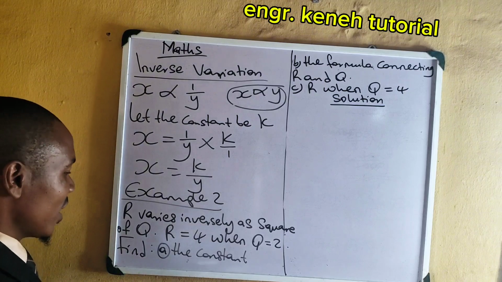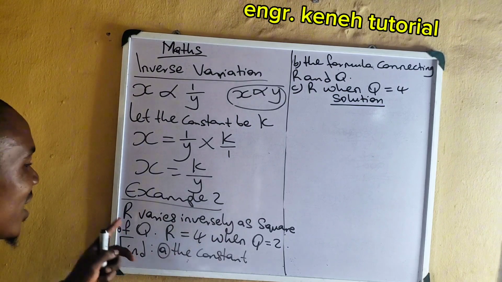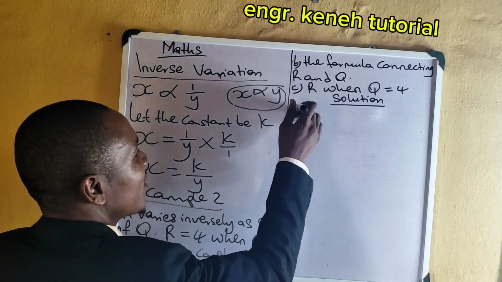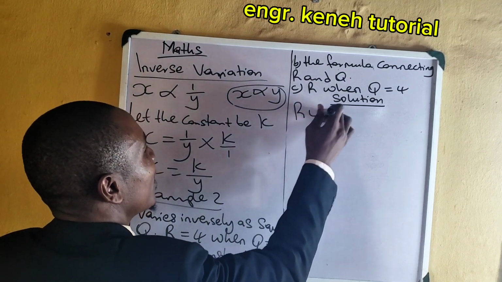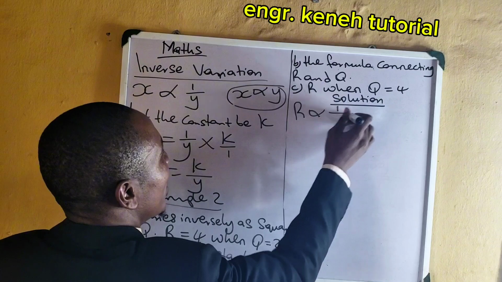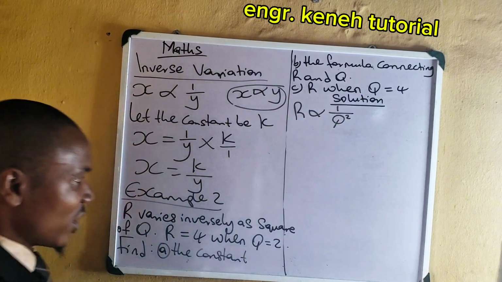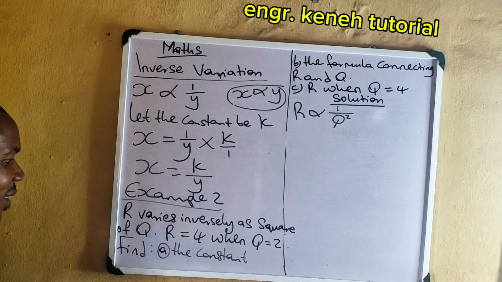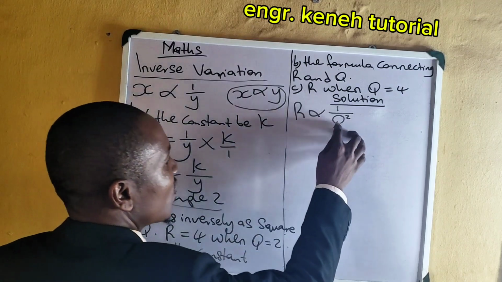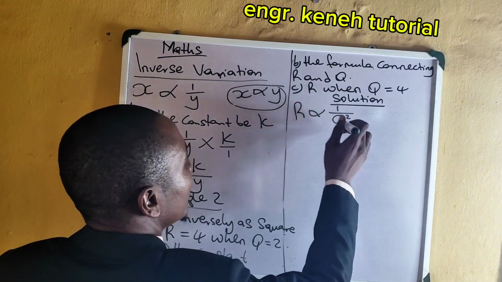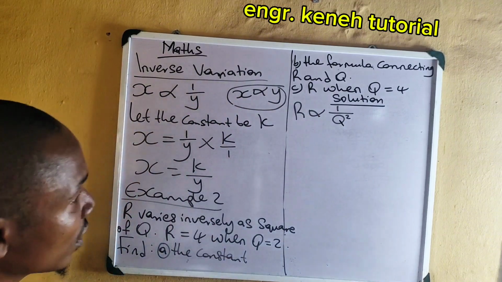We have solution like this. First of all, let us interpret this. R varies inversely as square of Q. We have R, it varies inversely as square of Q. Look at it here. Can you see that? Varies inversely as square of Q, like this. Q is like this. Can you see that? All right. So now,